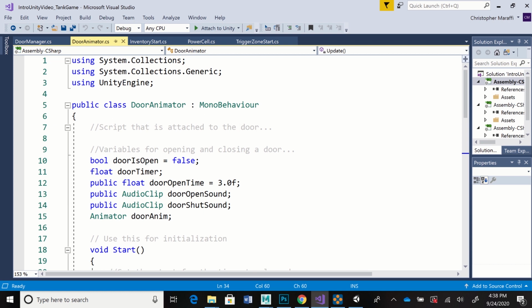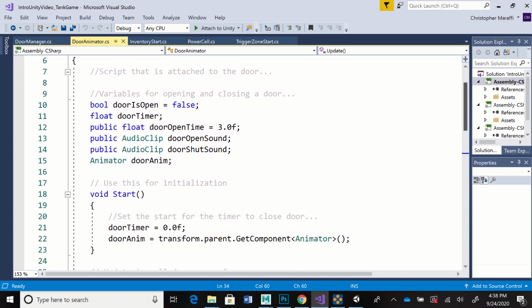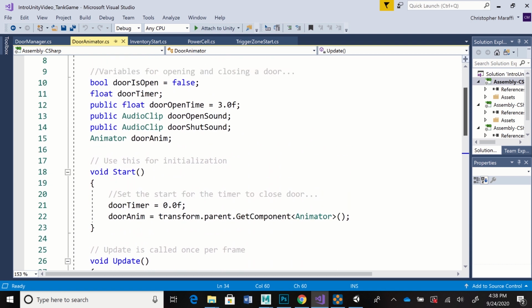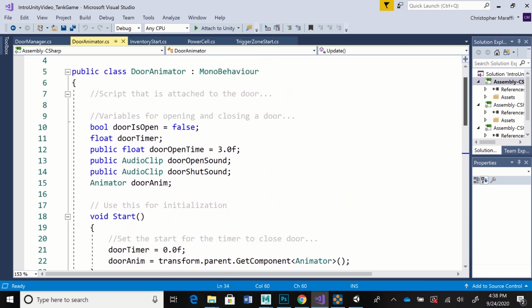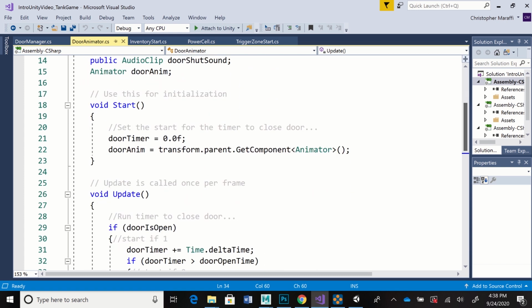Okay, so here's the door animator script. I just copied everything from the door manager into this door animator script. So most of it's exactly the same as the door manager. The only thing that's different is I had to go in and change the lines to use the animator instead of animation. So now it's getting component for the animator instead of animation and putting it in a door